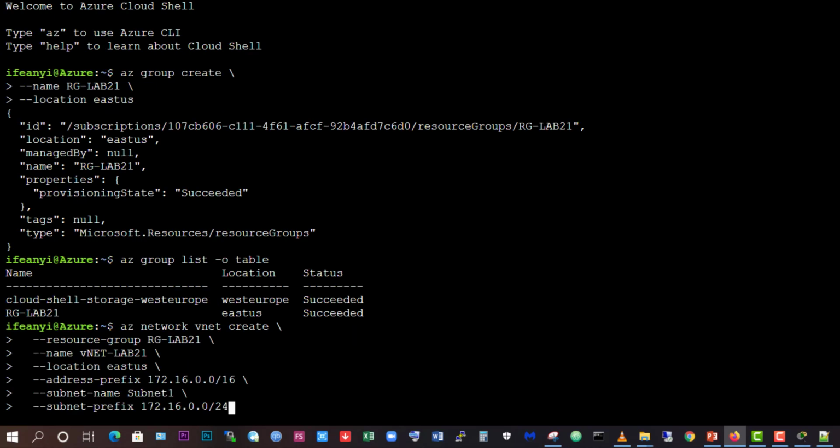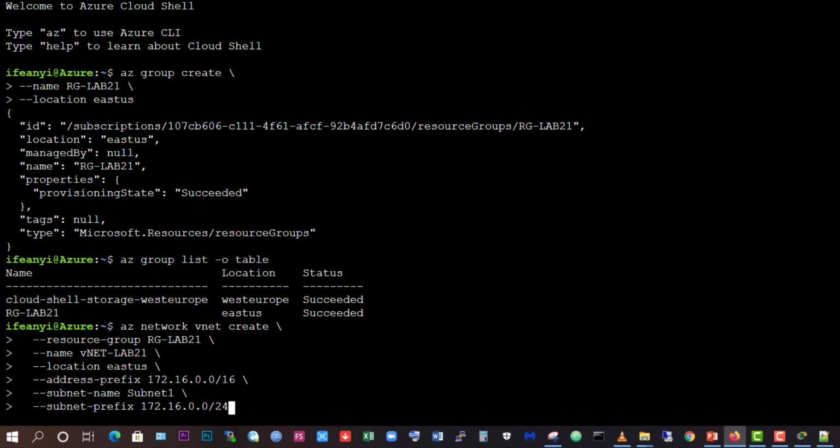What this means is that we're using the Azure command, and we're creating a virtual network, because it's going to be a subset of network, so it's virtual network in network. And for the resource group, that's the first thing we need to state,